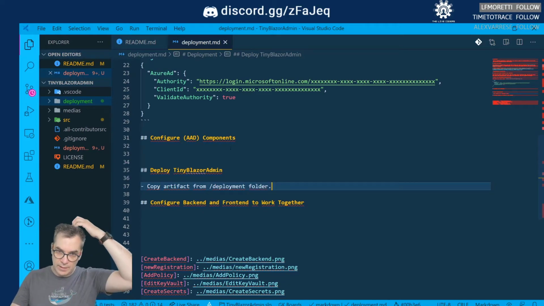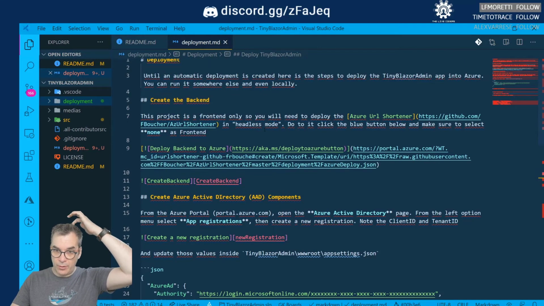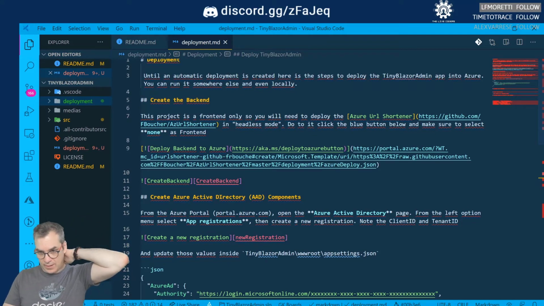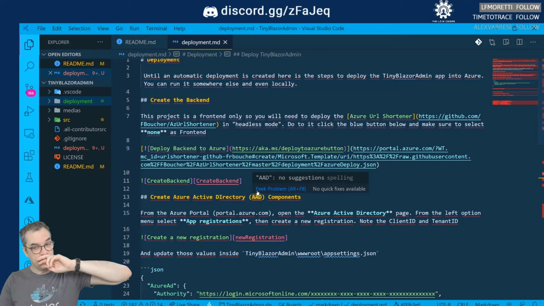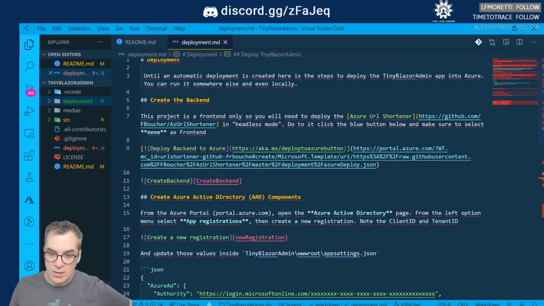so we have that. So now we need to create the backend, create the artifact. So we need a lot of stuff there. So from the Azure portal,